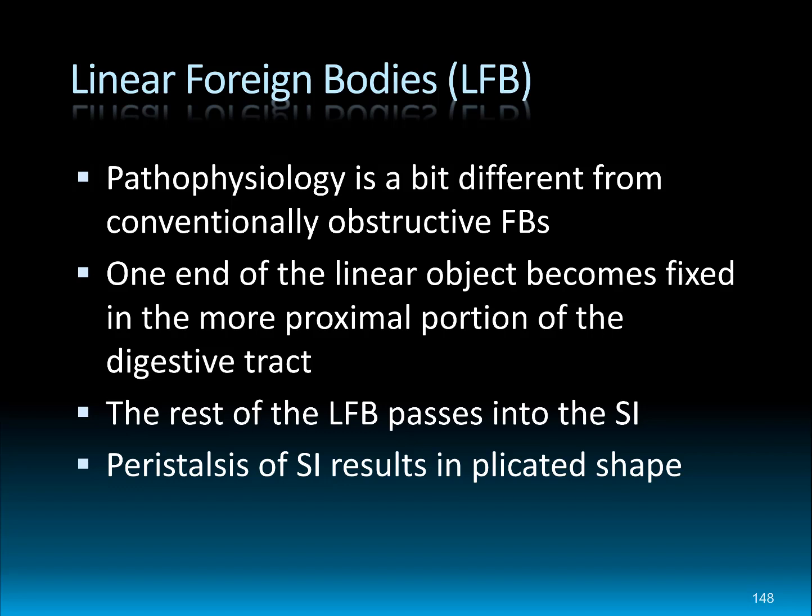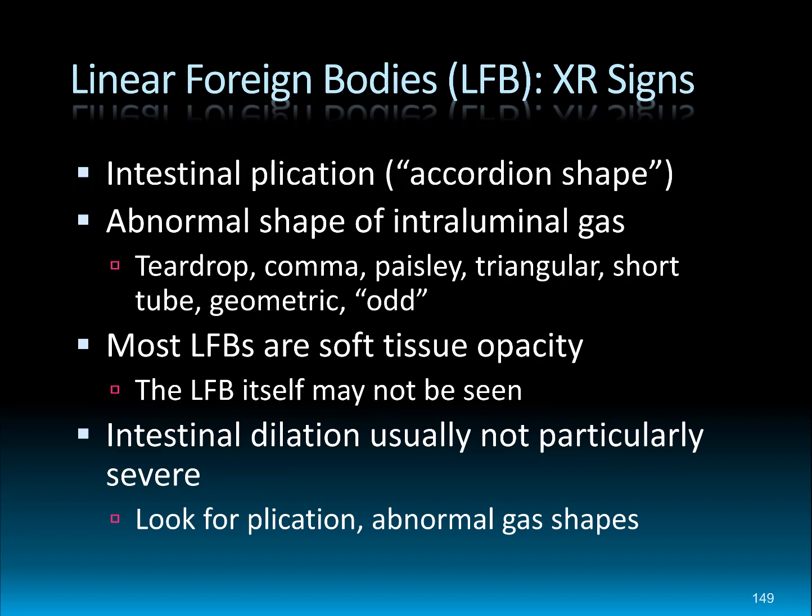They act a little bit differently than some more conventionally obstructive foreign objects because one end of this linear structure becomes fixed in the proximal portion of the digestive tract, the rest of the foreign object passes into the small intestine, and then peristalsis of the small intestine causes all the GI tract to bunch up into what is called a plicated shape. And so the small intestine ends up looking a bit like an accordion,